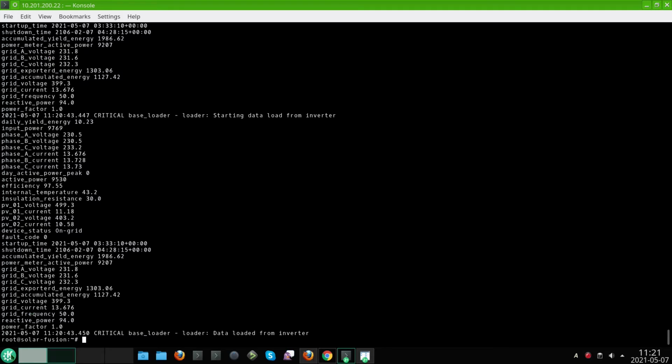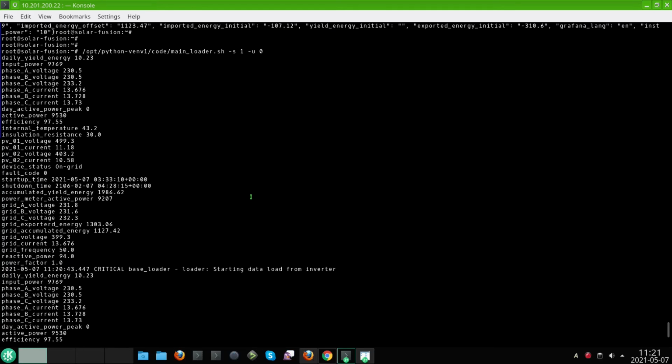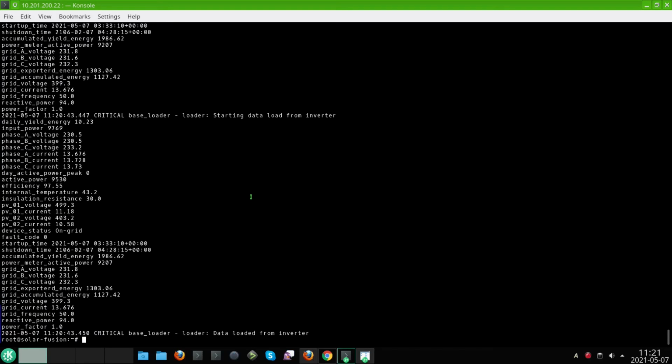And at the bottom we have the parameters from the power meter, because those top parameters are from the inverter. So we have parameters like energy productions, etc. But then at the bottom we have the power meter parameters, and as you can see,